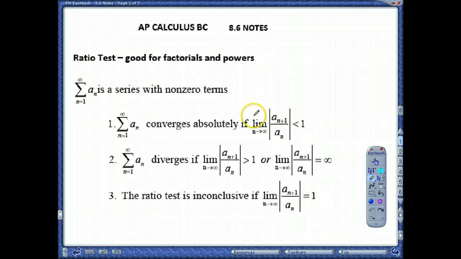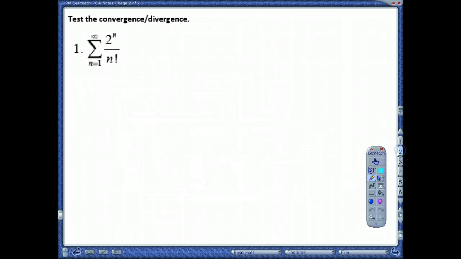So it's a ratio test, so we're looking at the limit of that ratio. It's the n plus 1 term on top of the nth term. Okay, so let's take a peek at it. This is good for factorials and powers, so anytime you see a factorial, you are immediately going to go for that ratio test. Now, every time I'm going to take the n plus 1 term,